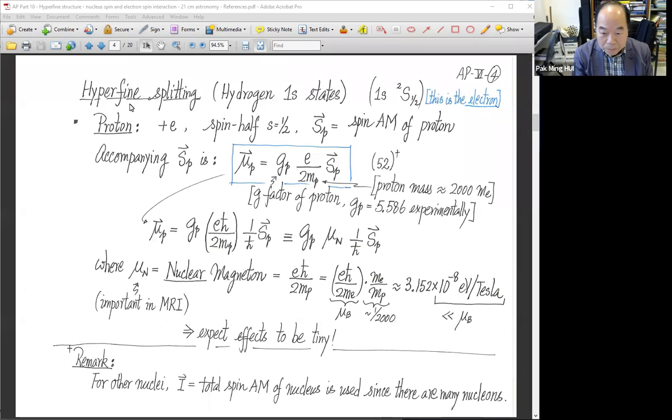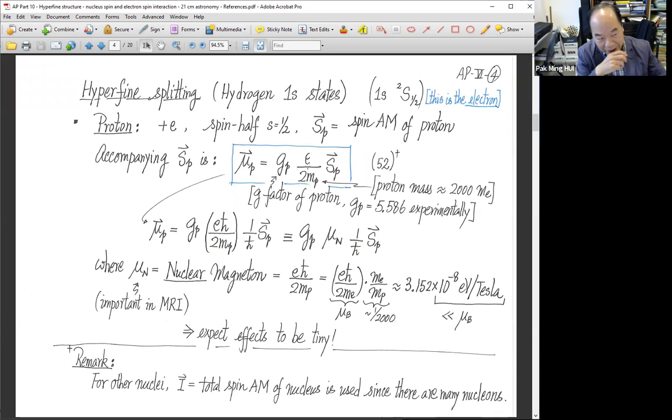Okay, so let's resume. Here I introduce one property of the proton. The proton is big business in the development of physics as well, as you will see later in an extension. It is a fermion with spin half, and therefore it's natural to associate with it a magnetic dipole moment. And because its charge is plus e, we don't have the minus sign as in the electron in the relationship here. The current loop is positive, and the motion is the same as the current loop,